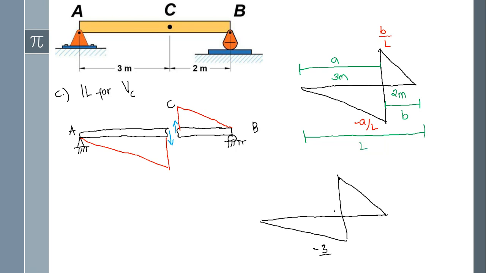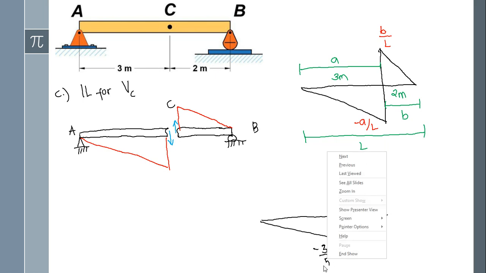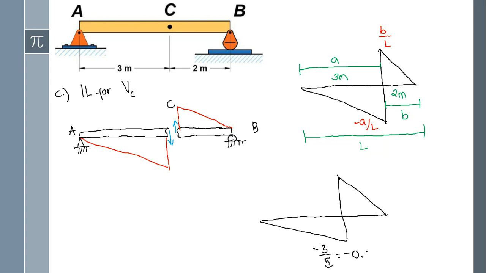3 over, bilang atong length? 3 plus 2, 5. So, which is equal to negative 0.6. And then, diri po sa taas, B over L, so that is 2 over 5, which is equal to 0.4. So if nakuha na nimo natin ay 0.4 o 0.6 din ha, again, we can use ratio and proportion to